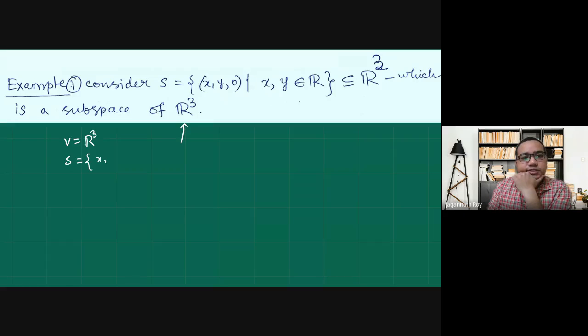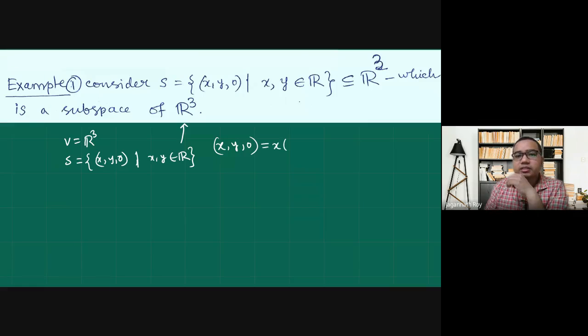S is given as x, y, 0, such that x and y are real numbers. Then any x, y, 0 can be written as